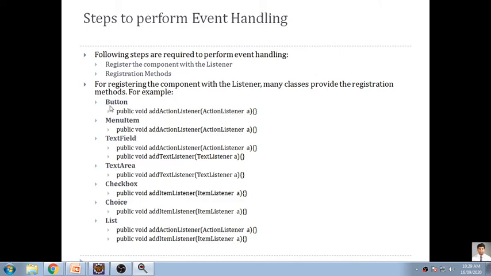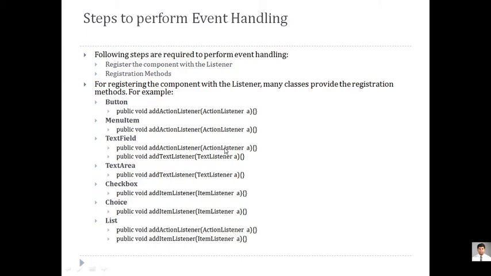So action listener is associated with button, action listener is associated with menu item, and action listener is again associated with the text field. Whenever I am pressing any button or text field, I want to generate something after clicking, so again that is an action listener. So button contains action listener, menu items contain action listener, text box contains action listener and text listener. So two interfaces are associated with text field. In the same way, text area also contains text listener, checkbox contains item listener, choice contains item listener, list contains action listener, just like button, and list also contains item listener.